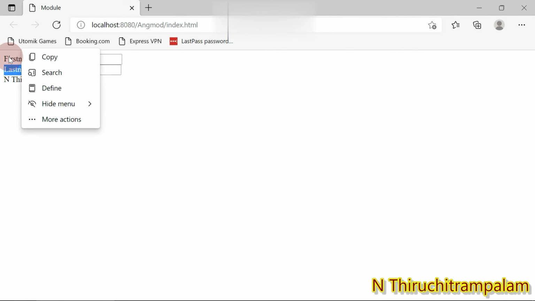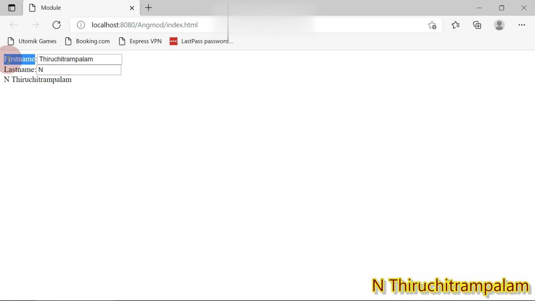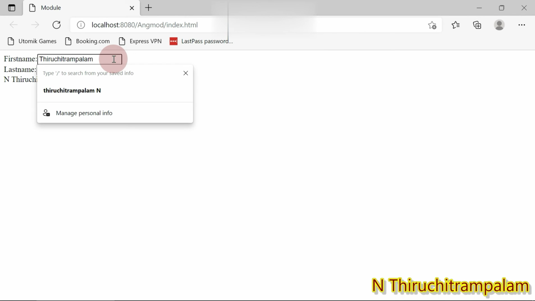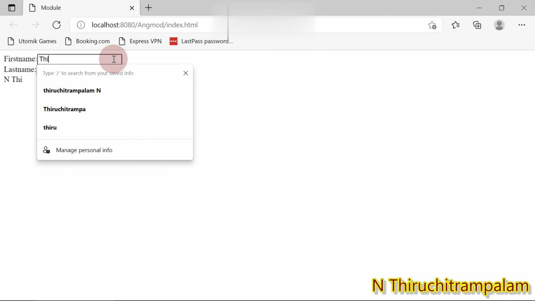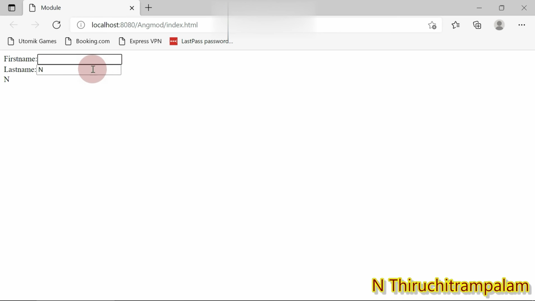Nearby this label you can see the text box, which is used to hold the value of the first name. The end user can key in the first name, and the last name.